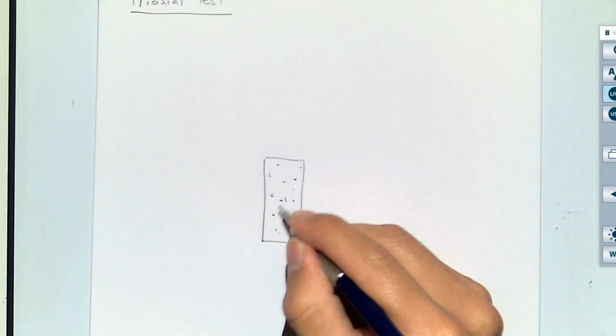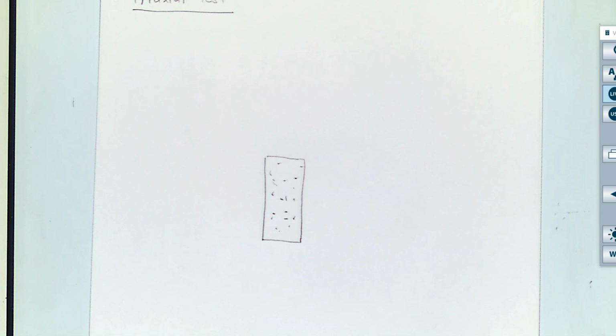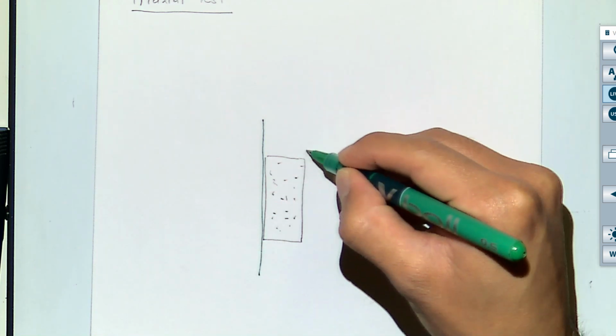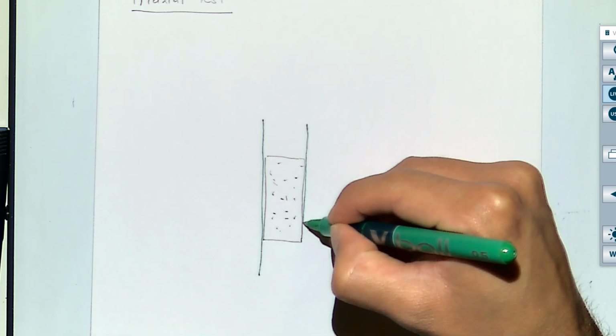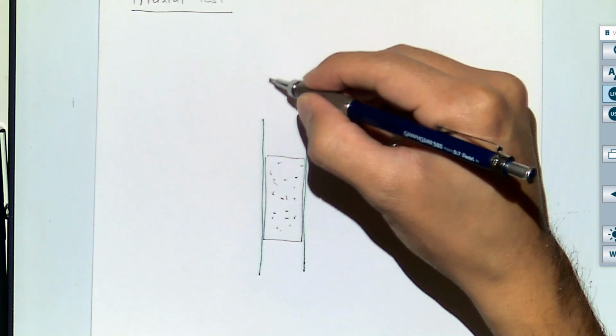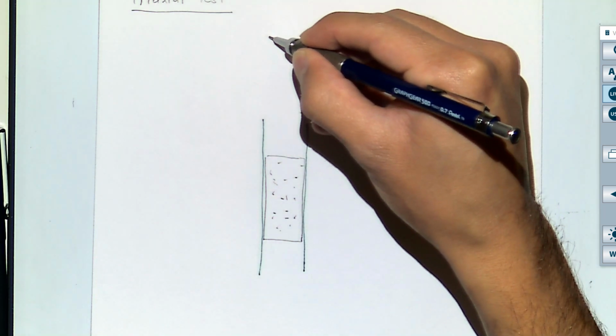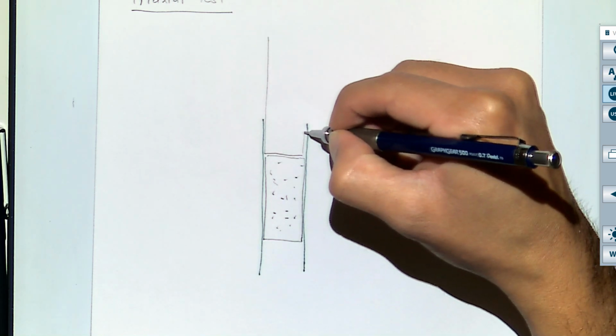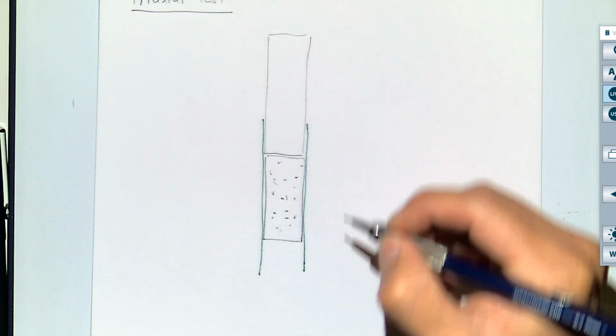To that rock sample, in order to apply an external stress, effective stress, around the rock, what we use, similar to the coffee package, is a membrane that isolates the rock from an external fluid. In the case of the coffee package, the external fluid was air, but in this test, it's going to be something different. Many times, it's just water, but some other times it's also oil. And